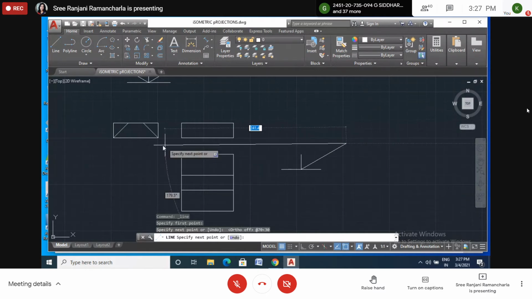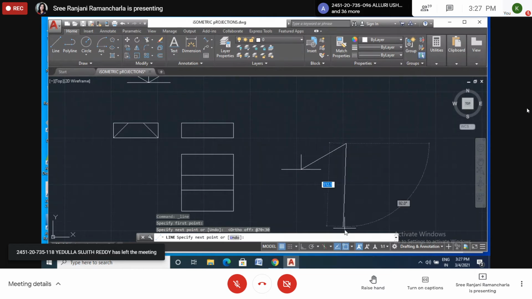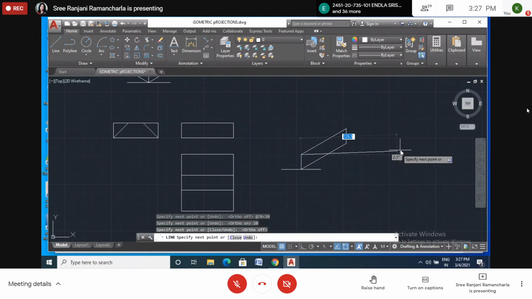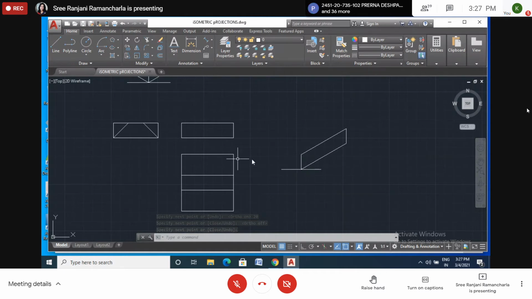Then this vertical, ortho on, then vertical is 20. Enter. Then we have to close this one like this. And here also this length, this rectangle we have to draw in this direction. Okay, line command. What is this length? I have taken 60.